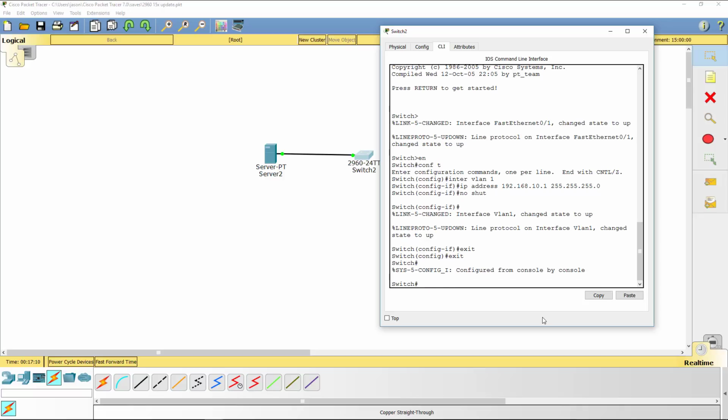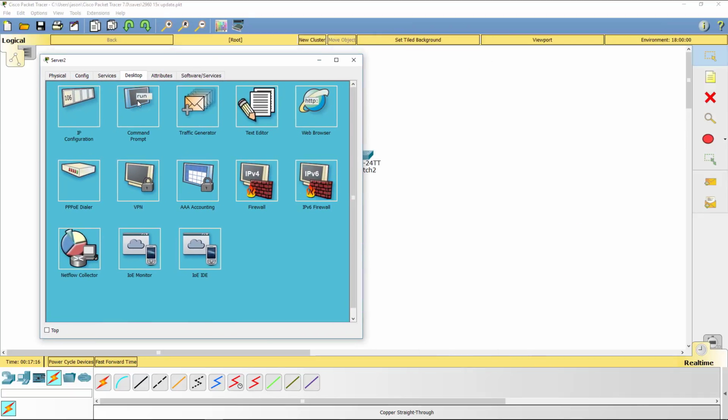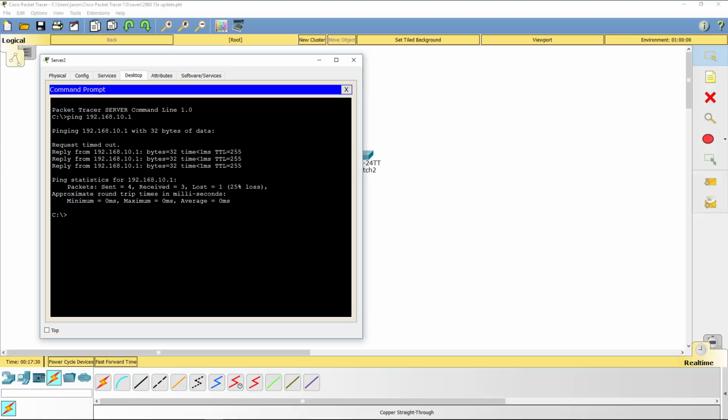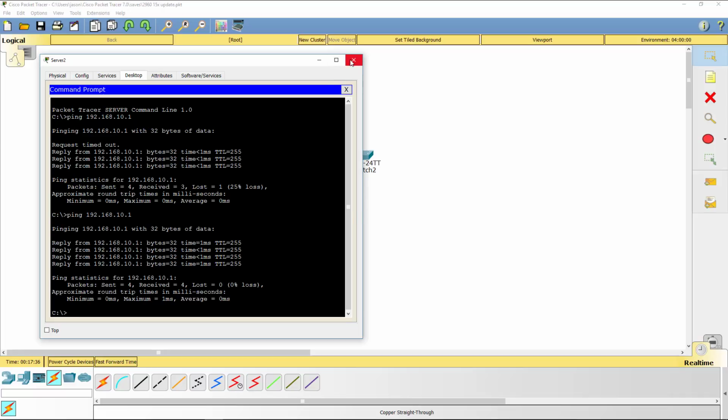And now what we can do is ping, we might want to ping that just to make sure that that's up. We could do that if we were going to check that. So we could ping 192.168.10.1, and we can see if it's going to be able to ping that and get that through. So it's going to take a second the first time, and then we got a reply back. So it had to build the ARP table there, and so we can ping that again and just make sure, yep, it's going through.